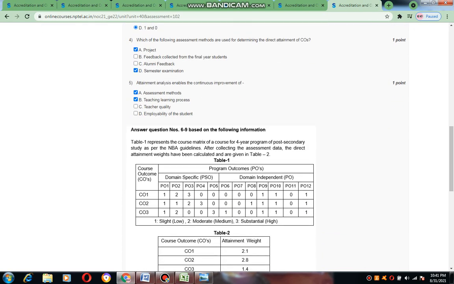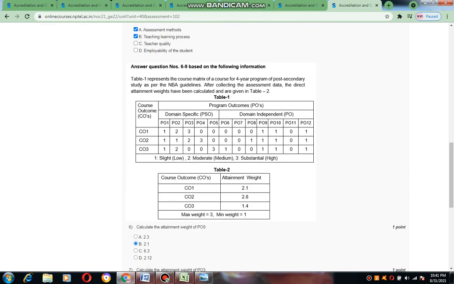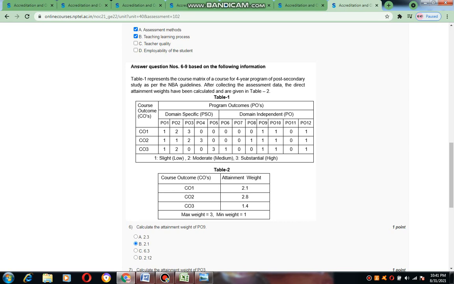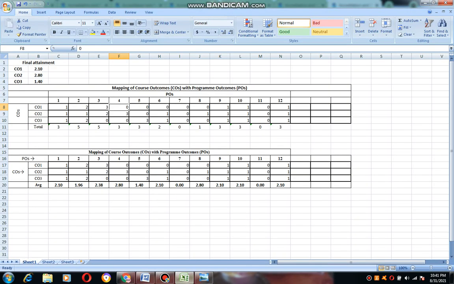Now the problem is here: for 6 to 9 we have to calculate the PO weights attainments. Here the table is given, so whenever we are going to calculate the PO weights, for this we have to use some Excel table here. The final attainment of the COs, whatever they have given, I have taken in the Excel table like this: